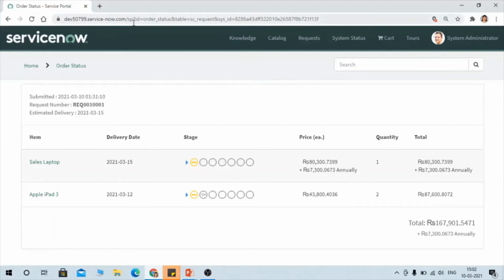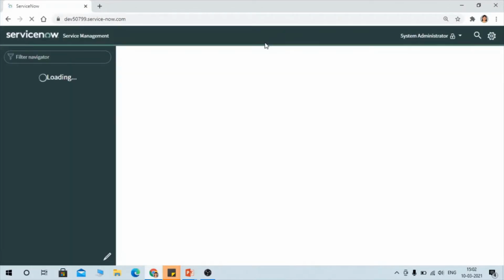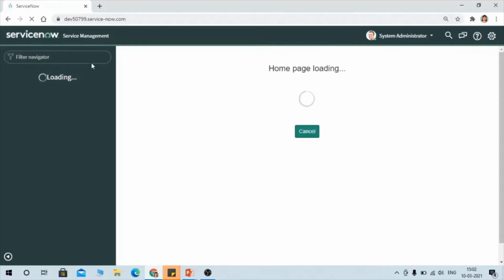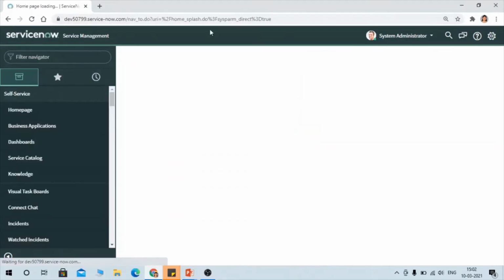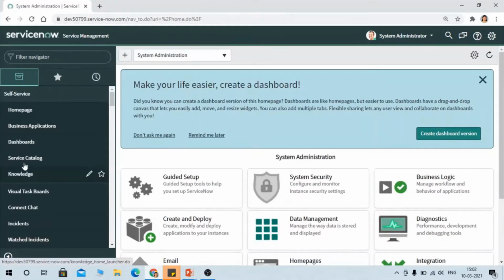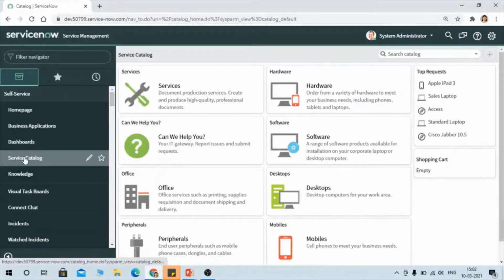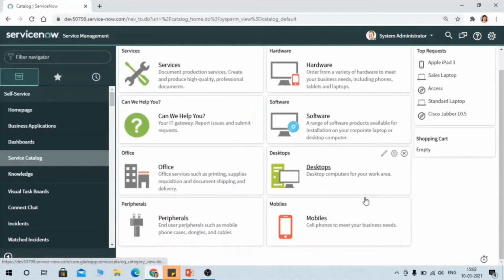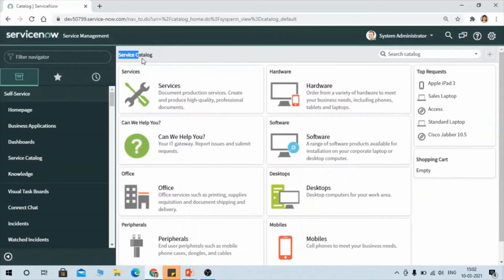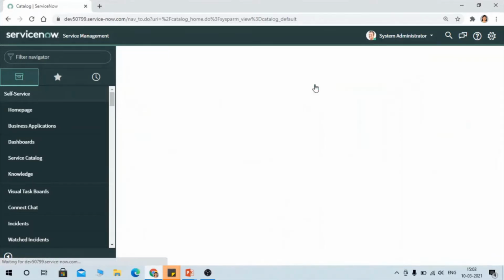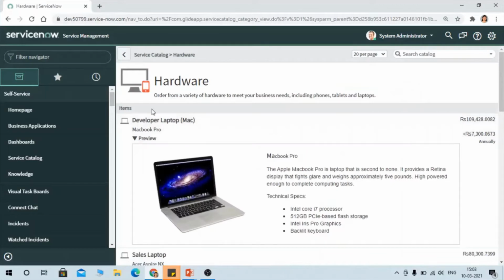So now let's navigate to our admin native view, which can be seen by ITIL or admin user, and we'll try to see how it is categorized. So we'll go to service catalog. So here you could see these are all the categories, right? And this is a service catalog, and under it we have various categories. If you open any of the categories, you could see various catalog items are associated with that category, right?